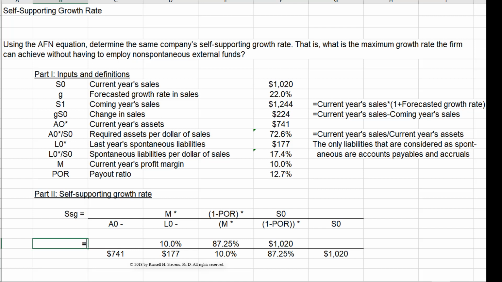Type in an equals sign followed by an open parenthesis. Highlight the 10% to the right. Type in an asterisk. Highlight the 87.25% to the right. Type in an asterisk. Highlight the $1,020 to the right and type in a closed parenthesis. Type in a slash denoting division, type in an open parenthesis, highlight the $741 to the right and down, type